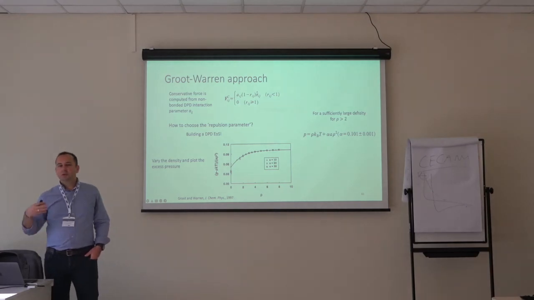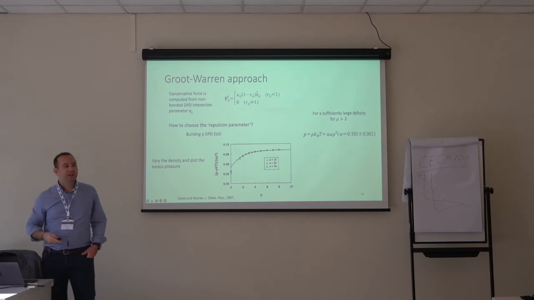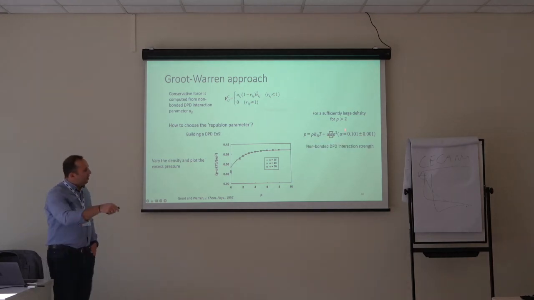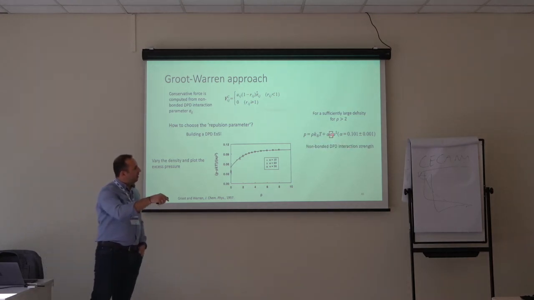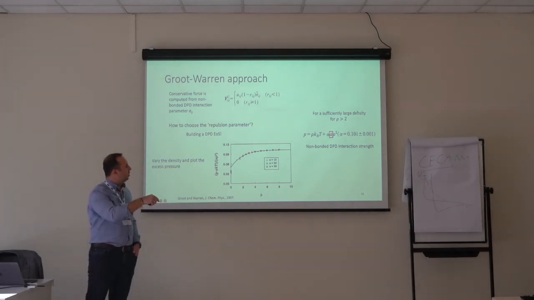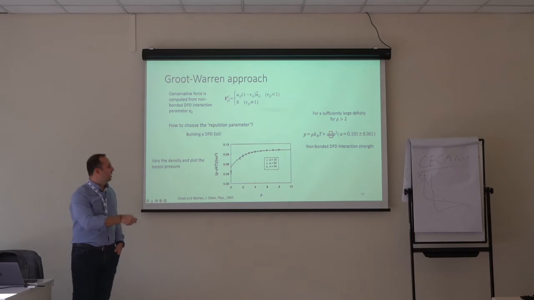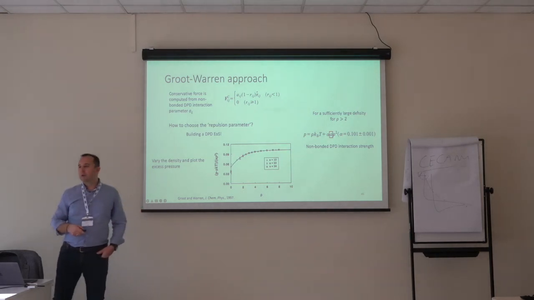Because then you can start to estimate the thermodynamics of your system because you have the free energy. And here you can see the non-bonded DPD interaction, I mean the maximum repulsion of the interaction strength. And this alpha, you can see that it has settled down. Okay, that is an approximation, of course. You can also take the alpha here, but for the sake of